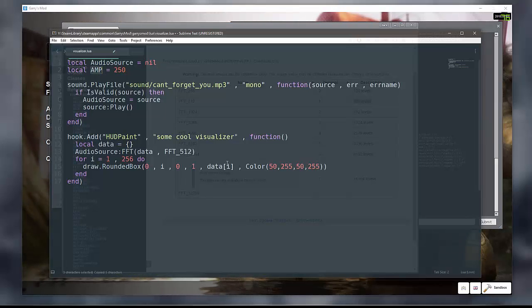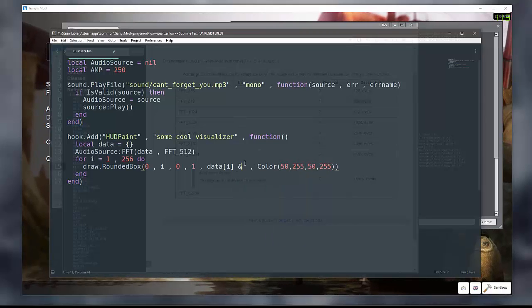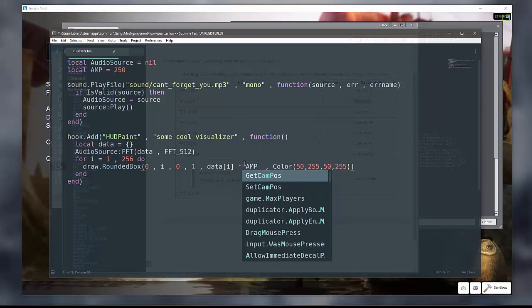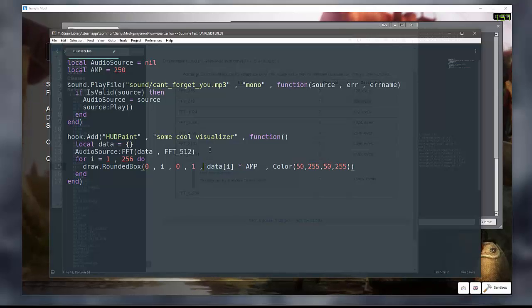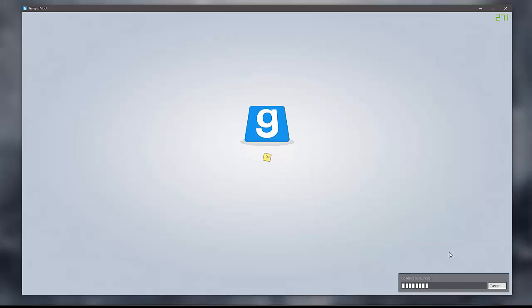So now, if this is between 0 and 1, and we times it by the amp, it's going to be between 0 and 250. So it's actually going to draw on our screen like it should. So if we play it now,